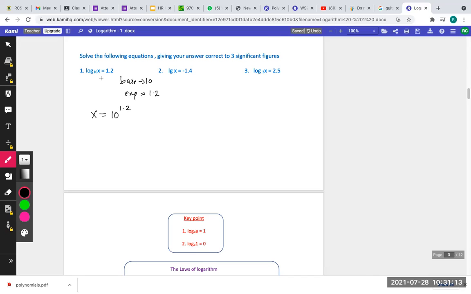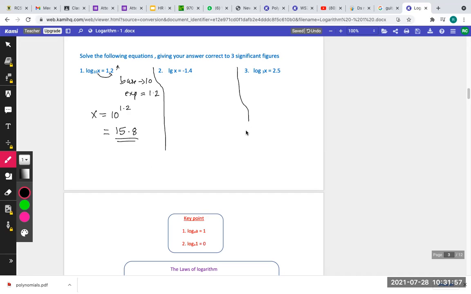You get it? Or an easier way is you keep x here, you move this 10 there and pull 1.2 upside. So x equal to what? 10 to the power 1.2. That's how you identify it. So this is the basic structure. Base is 10. The exponent will always be the answer of the logarithm, right? So base equal to 10, exponent equal to 1.2, so we get x equal to 10 to the power 1.2. That can be found by using a calculator, right? You get 15 point something. So we need the 3SF, so it is 15.8, right? Rounded to 3SF.